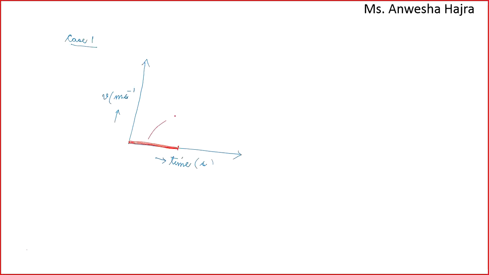Now, this type of graph, what does it tell us? That velocity is zero. Velocity zero means the body is not moving at all. The body is at rest. So if you have a graph like this, it implies that the body is at rest. Looking at the graph, we should be able to tell about the motion of the body. Now let us look into